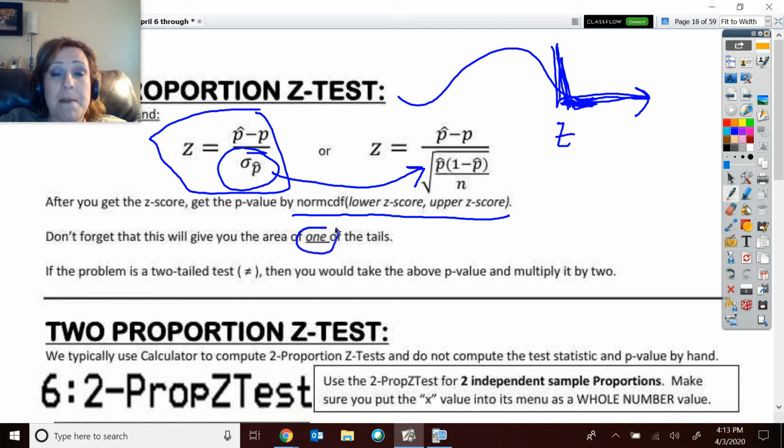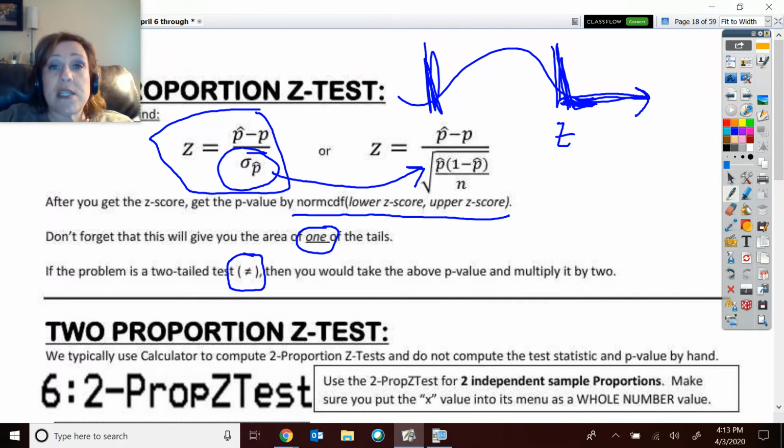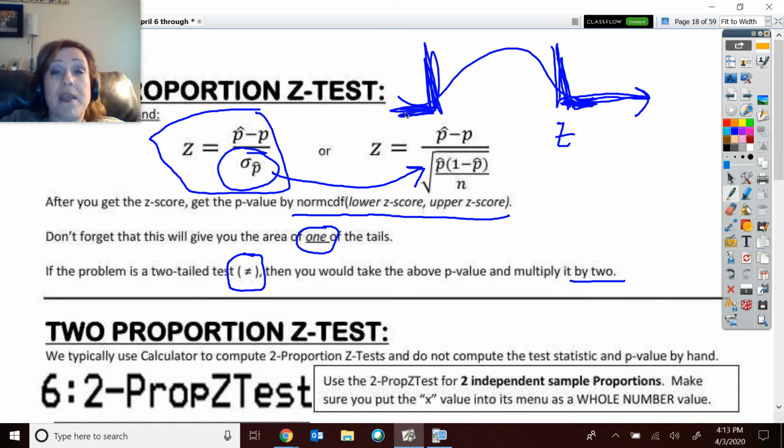Keep that in mind, because when you're doing a hypothesis test and your HA, your alternative, is asking just is there a significant difference, then it's indicating two tails worth of data. That means the total p-value would be the value of both of those tails. So if you were doing this by hand, you would multiply that one p-value by 2 to get the